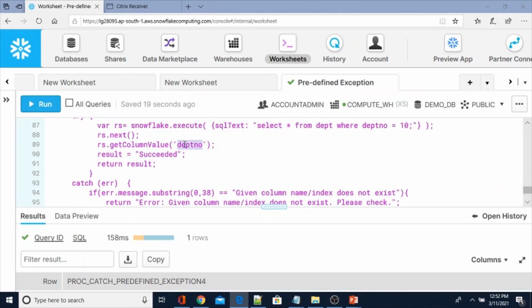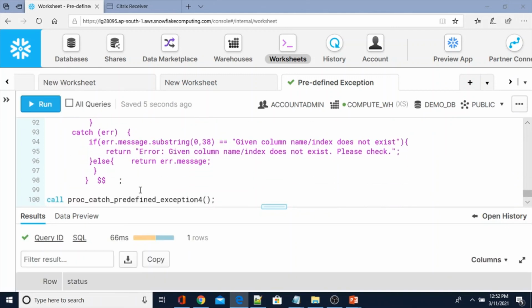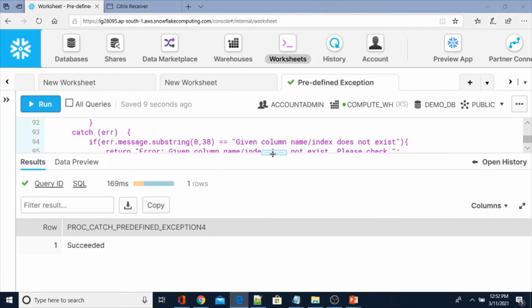That's why now again I will use DEPT NO. I'm just double checking whether there is a spelling mistake or not. Now let me create. This time it would be succeeded.